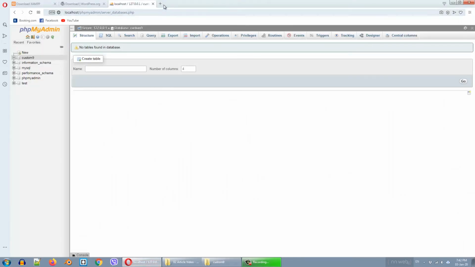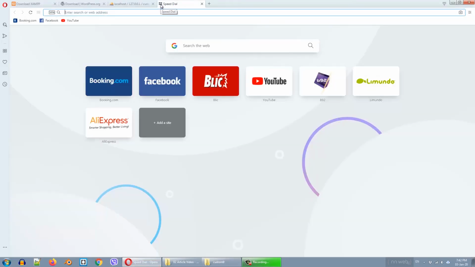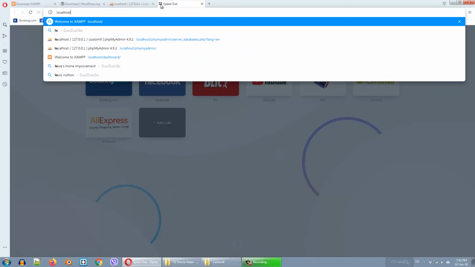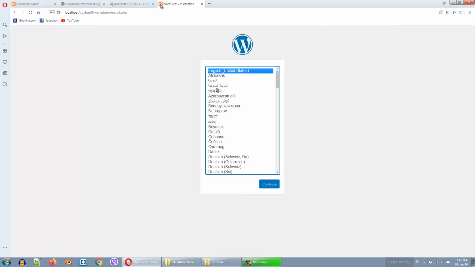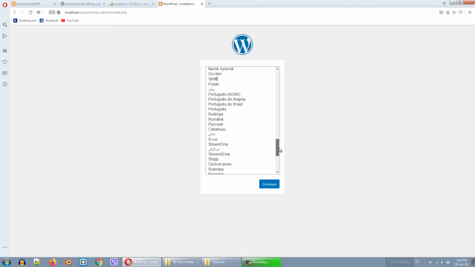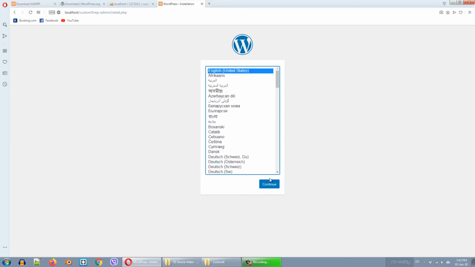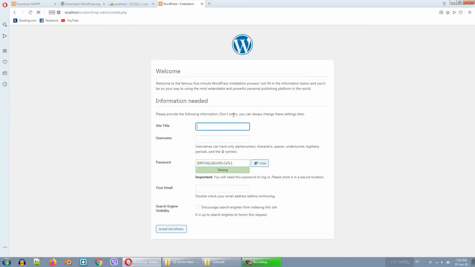Okay, then go to the Opera, open a new tab, type localhost/name of your database and press enter. This is the local installation of WordPress. Choose your language, site title custom9, username put your own, mine is Nicola,